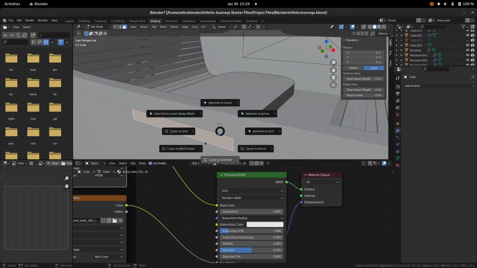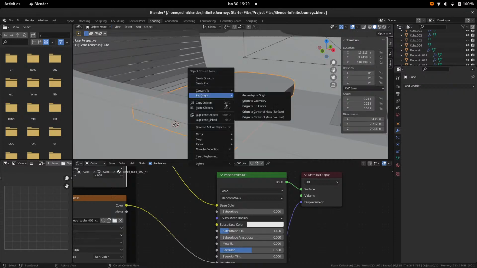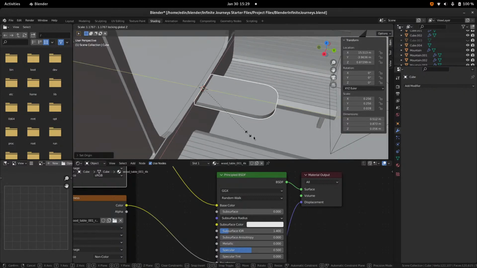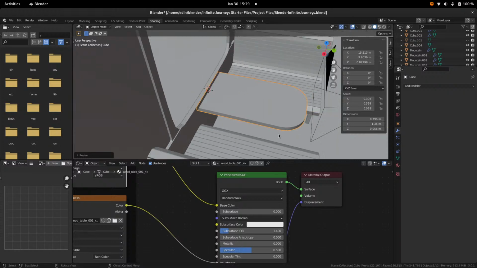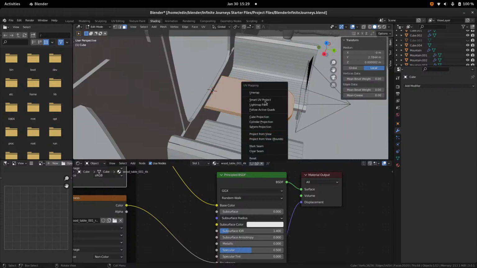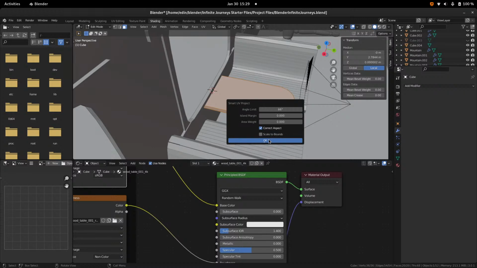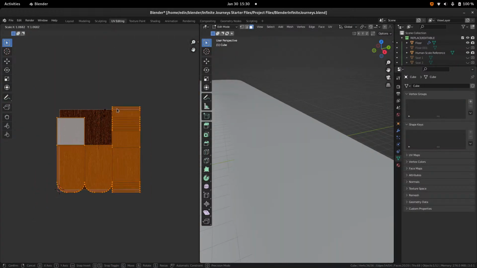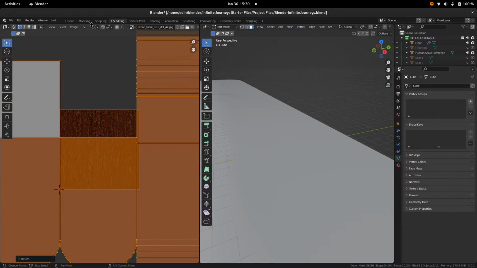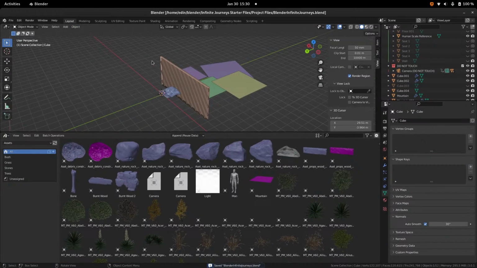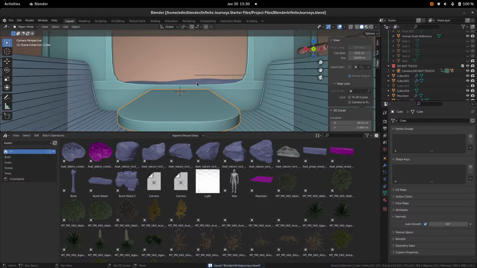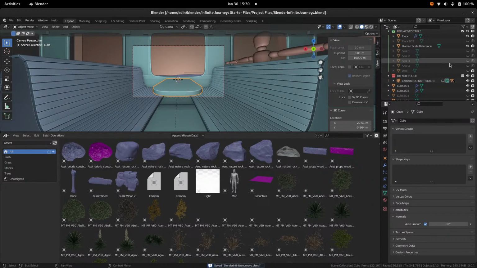Shift S, cursor to selected, set origin to 3D cursor. I can scale it up, but only without shift, without Z. No, I'm not going to do that. Just going to easily scale it up a little bit. Now, because it is bigger, it makes sense for the texture to be bigger as well. So, where's my